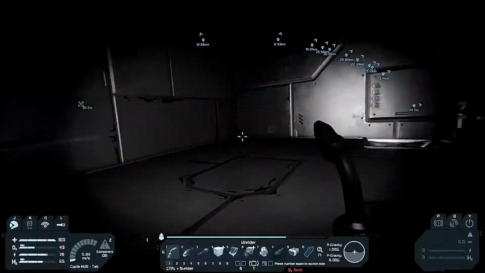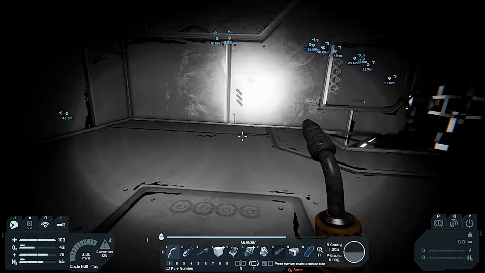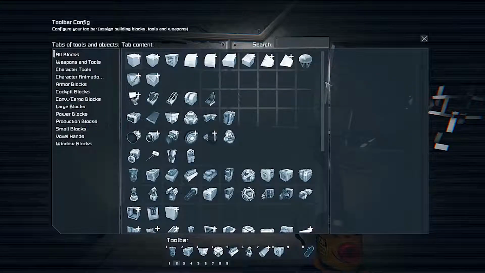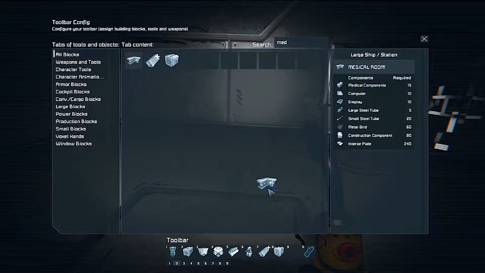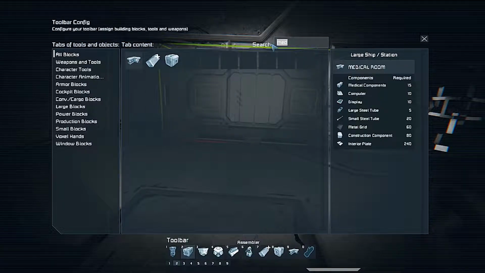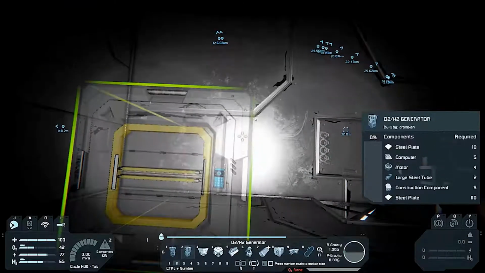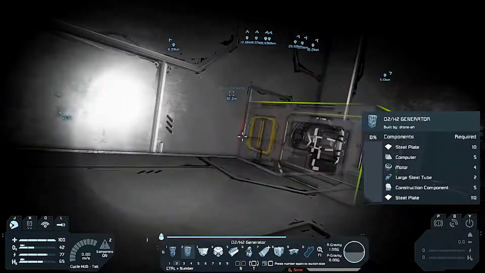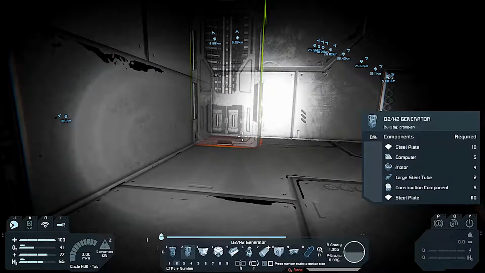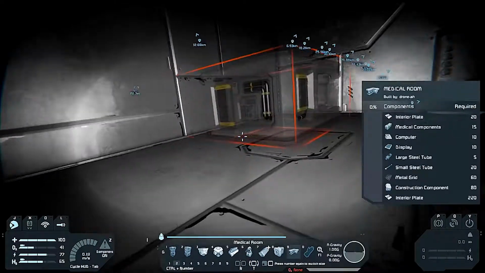I'm going to need more things. I am going to put in a med bay and an O2H2 generator. Don't need another assembler. So I am just going to plonk this. Oops, 9. I'm going to pop these on top of each other